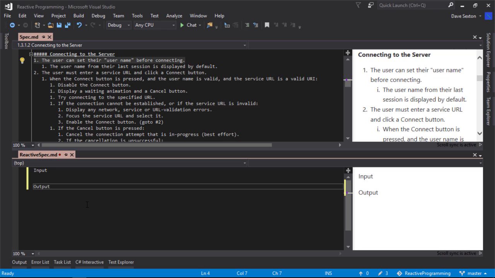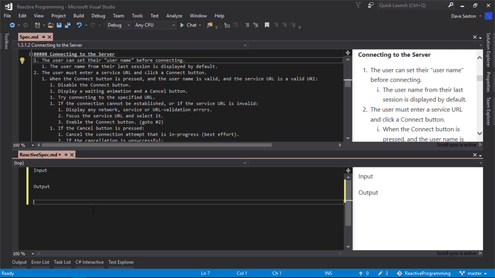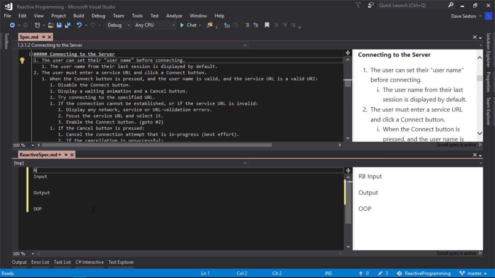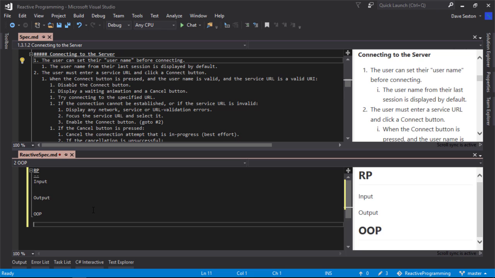of observable streams. So instead of defining this rule as, just to be clear here, the way we might do it in the OOP terms, and we could say this is the RP terms, and this is going to be the OOP terms. So instead of doing it the way we would normally do it using object-oriented programming, and that is to say, when I press